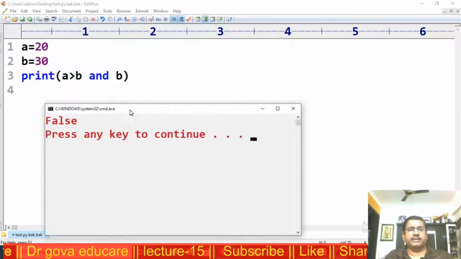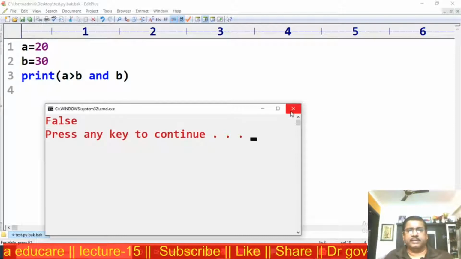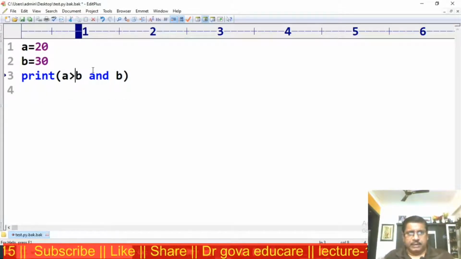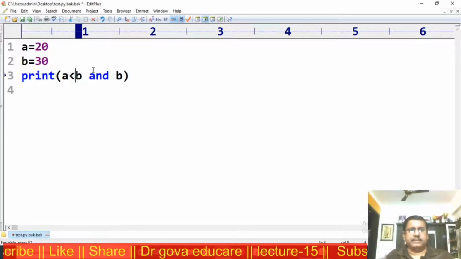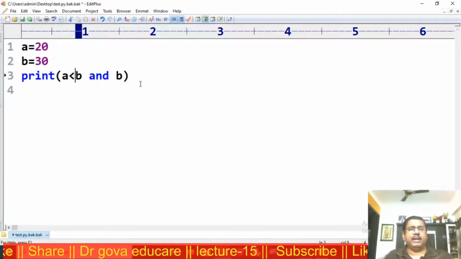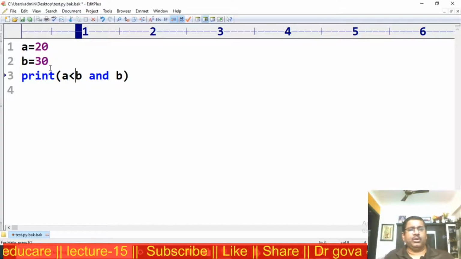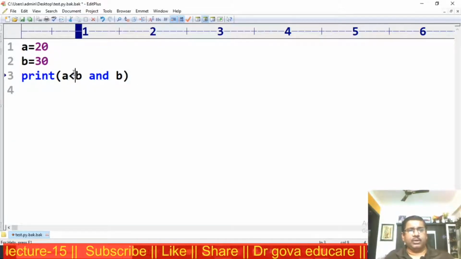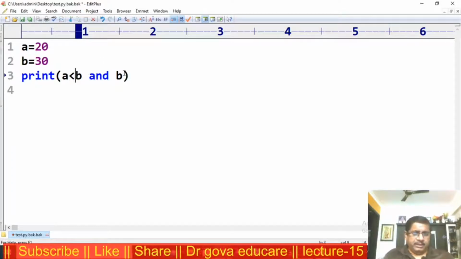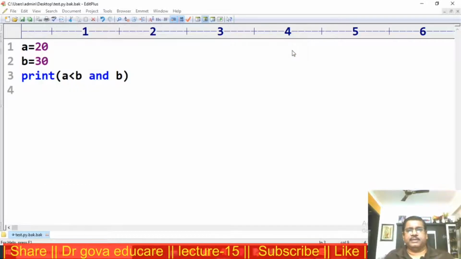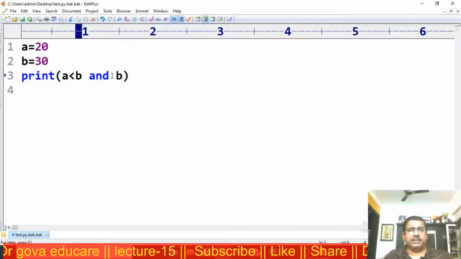Then a less than b and b. Now observe here, a less than b, 20 less than 30, is true, so b will be the result, that is, 30 will be the result. This is for the AND operation.